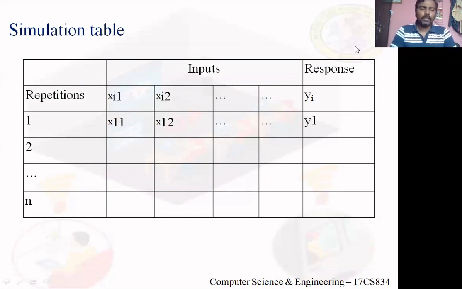Got it? So the second customer arrived at time 15, right? Service time is 8 minutes. So the second customer will depart at what time? 23. Got it? So x23 is 23, which means the second customer will depart at time 23. Got it? So when is the third customer going to depart? At time 28. Clear? Because the third customer arrives at time 20, but service begins at 23 and ends at 28.